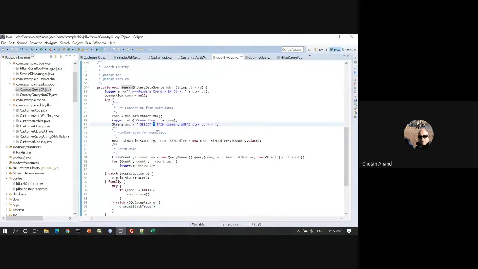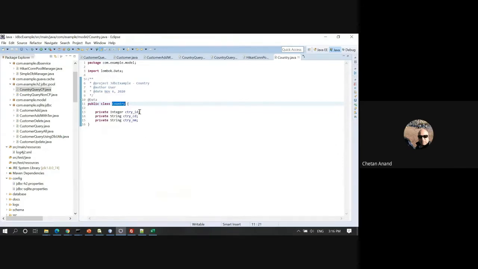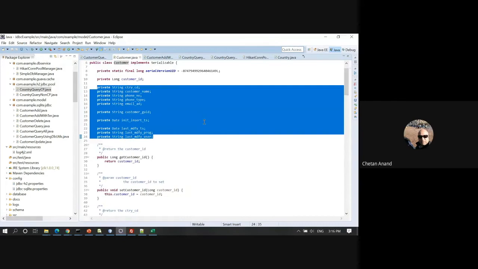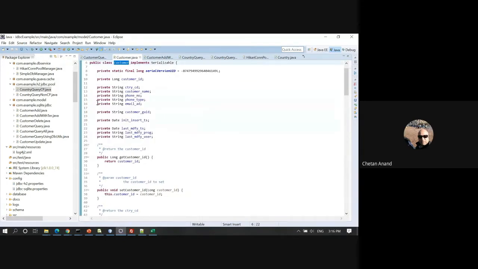Today you have only 3 columns in the country object. Tomorrow you may add 10 more. You just need to add those 10 more into the country object. So in this case, the country object is here. You have country ID, country code, and country name. And then what the application will do is,